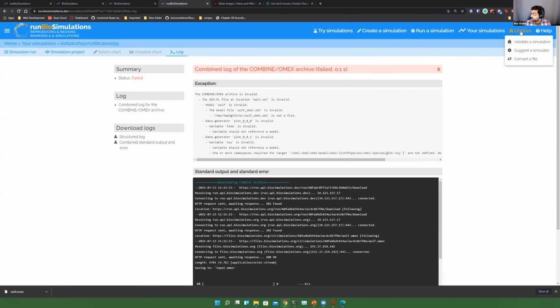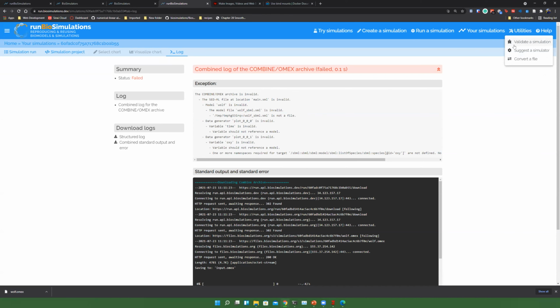What's the weird thing with the /temp thing? I assumed that was going to be in the file, but it's not. Yeah, so this is actually just the directory that it happened to be running in on the back end. So when it tried to run this and parse it, it included this. It unzipped it to that temp directory, then looked for the file. Yeah. So this is actually a good thing that we can fix here, because this error only shows up if it's not a valid file, so we never noticed that subpath there.